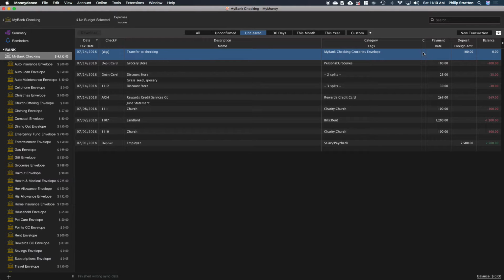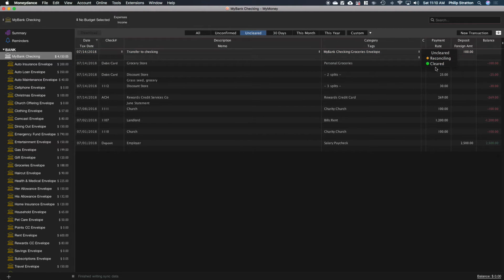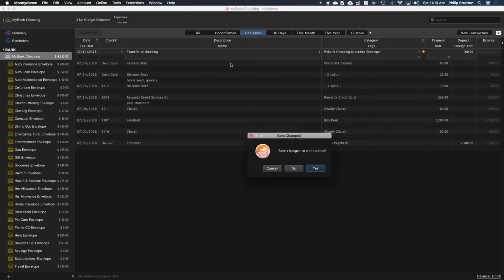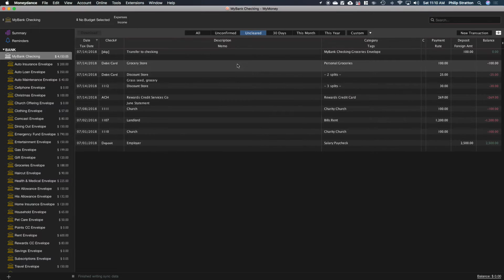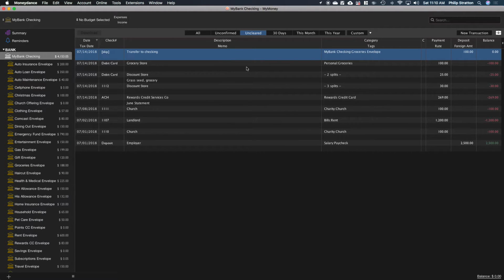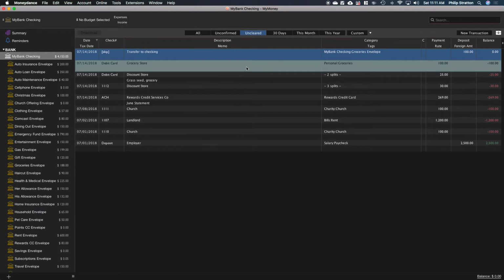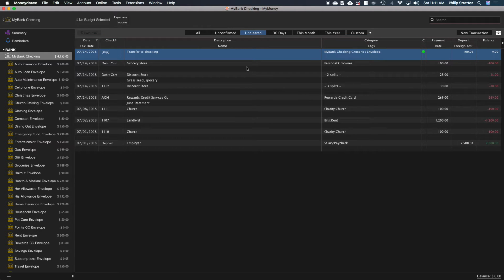So either I can come here and click on that to click cleared, or the keyboard shortcut, so I'm going to say no. The keyboard shortcut is, I'm on a Mac, so this is Command Option C. I'm not sure what it is on a Windows PC. You can probably find that out, but from here, if I just do that Command Option C, it clears that